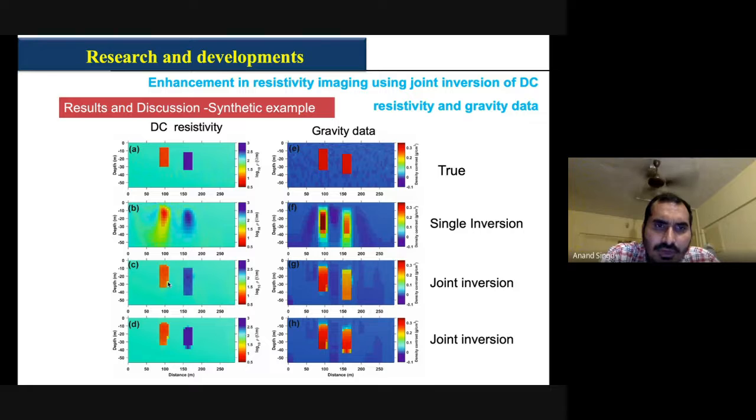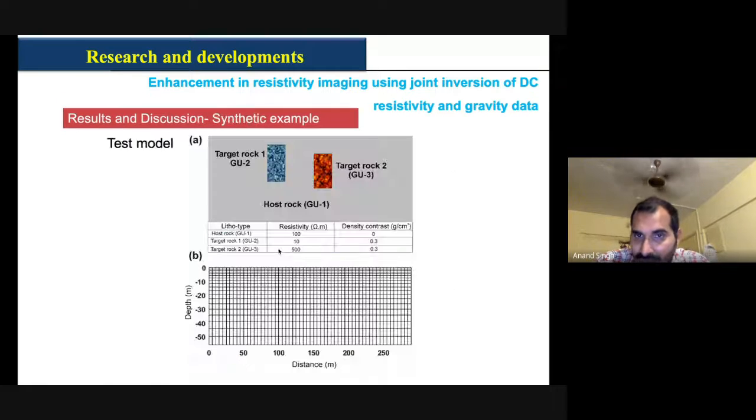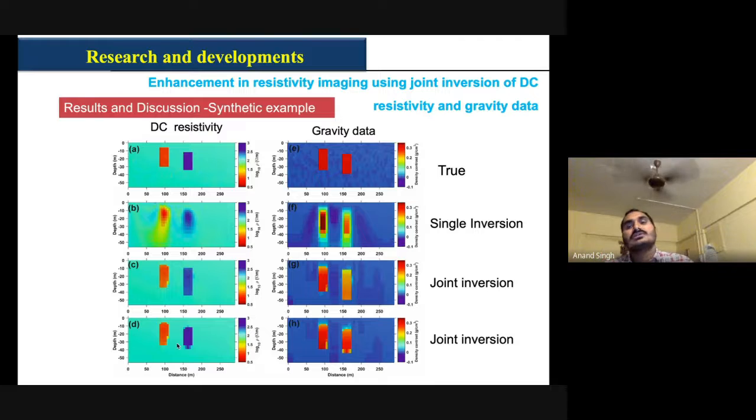Now, one important point you should note is that this is very close to the theoretical model. So the model has a very drastic change when you utilize the joint inversion with the machine learning based results. Here we further refine that. We further assume that this depth goes more and more, so we put another constraint on that. The petrophysical values are known to us a priori. So we again perform the inversion, and the results improved further.